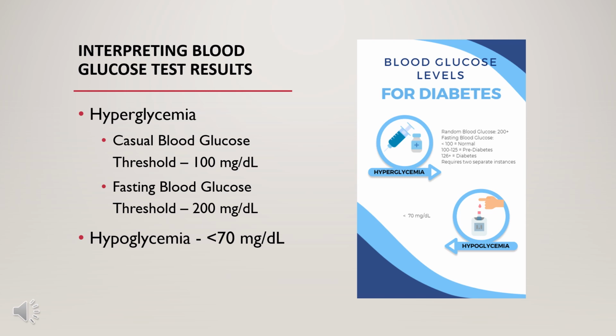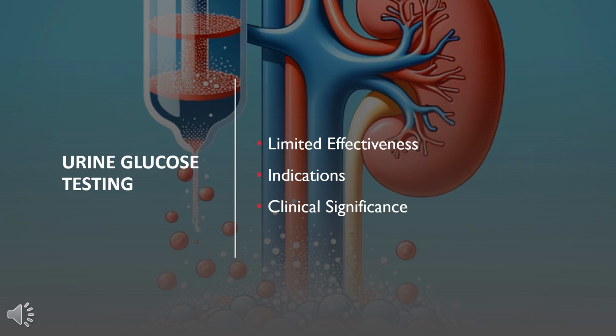So it's important to correctly interpret blood glucose levels, whether they're random, fasting, or done after meals. And this is vital to manage diabetes and other related health conditions. Now let's discuss urine glucose testing. I want you to remember that it has limited effectiveness and indications, so understanding when and why to use this